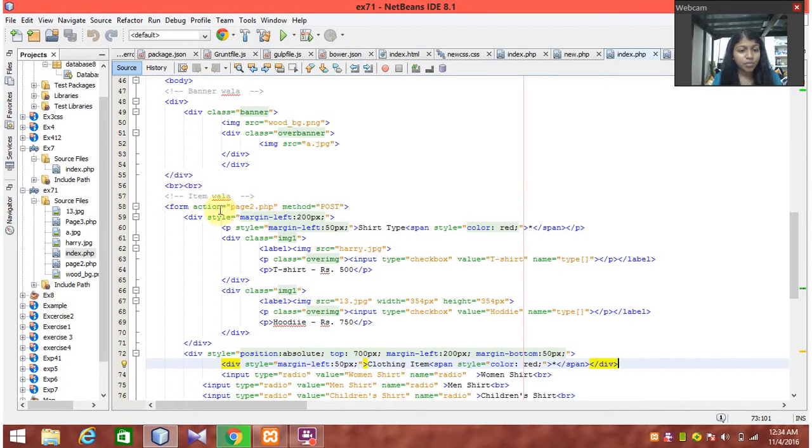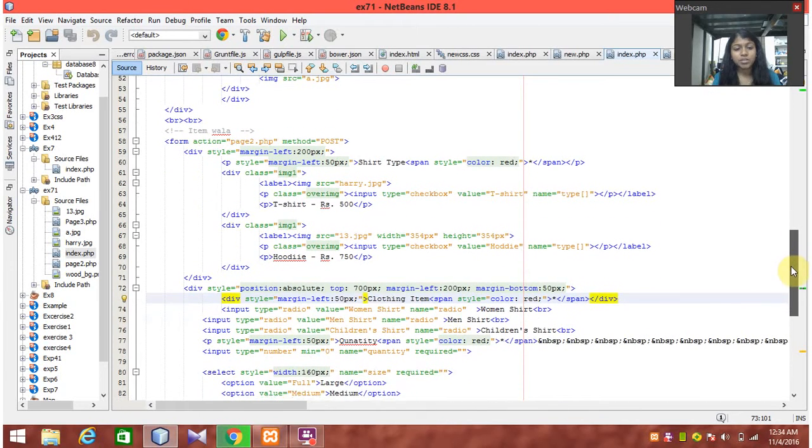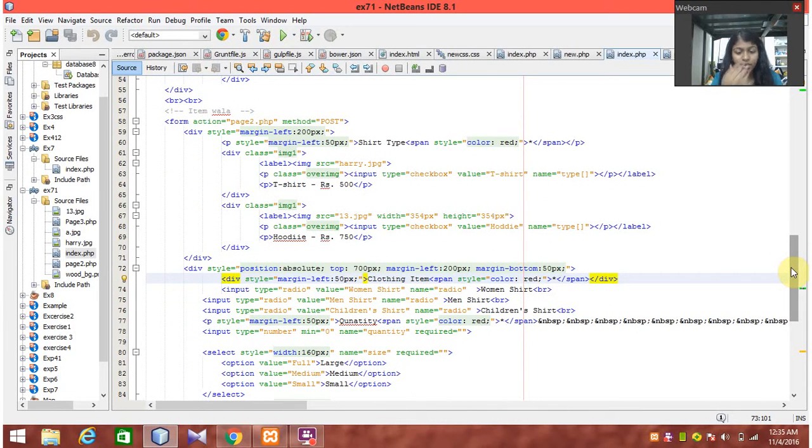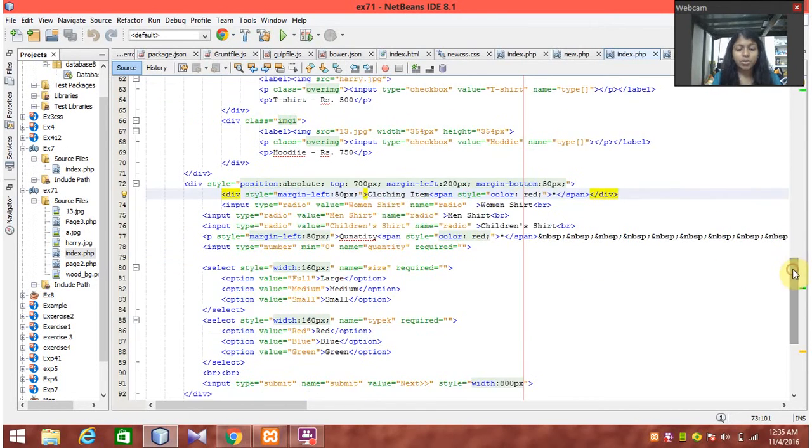I'm going to create a form, and in the form I've set the margin, I have set the image, and then here I'm just going to ask the user to input the value, based on what kind of shirt the user chooses, the particular rate is allocated to that. And in the form, the user will be able to choose from women's shirt, men's shirt, and children's shirt. The input will be obtained from the user, and